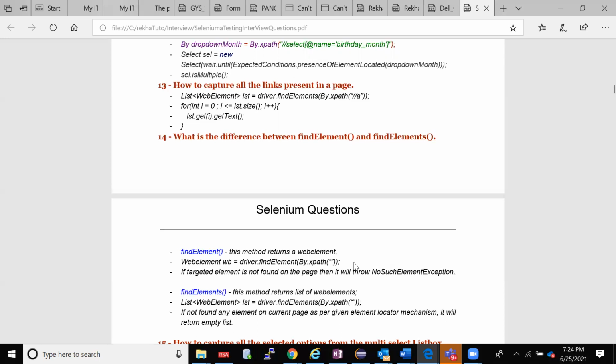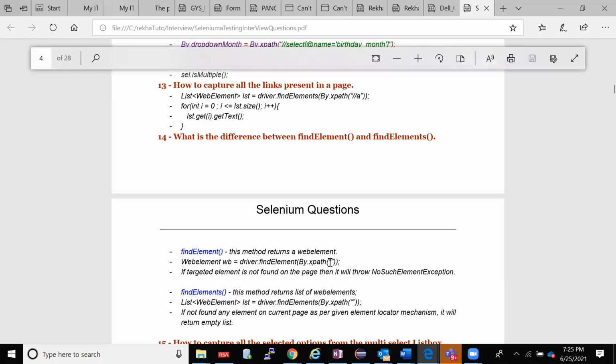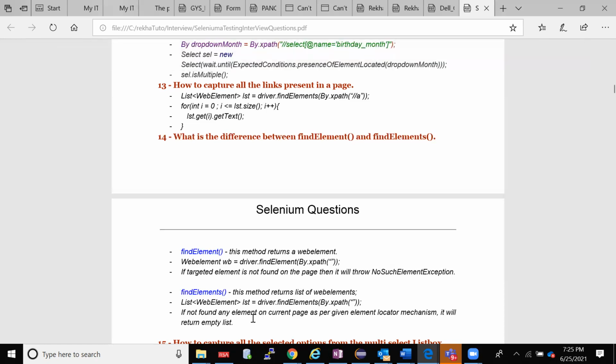If you're doing driver.findElement and getting the text of that, the cursor will always go to the first element, 1 of 5. That is the answer the interviewer will expect from you. So you should know what happens when there are 5 matches and you use driver.findElement, and when there is 1 element and you use driver.findElement. That is the scenario in real time.